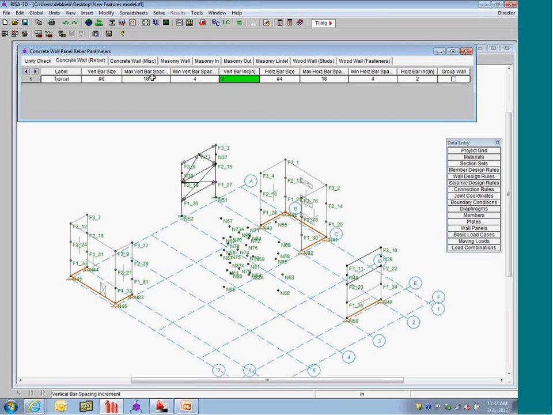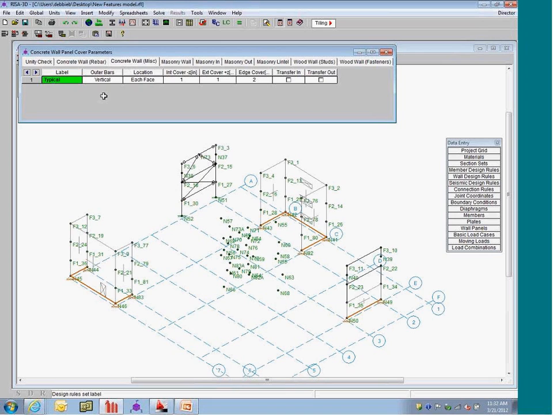So go from 18 down to 16, down 2 to 14 until it works all the way down to 4 inches. So we've also got the horizontal spacing, minimum and maximum with the increments, and I can group different walls together if I want to group them with the same reinforcement pattern. I have concrete walls design,